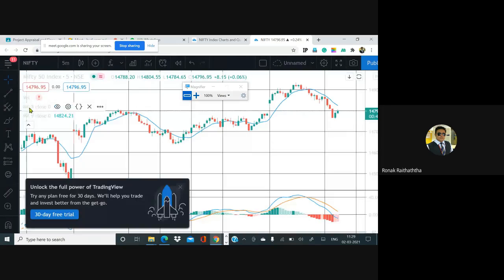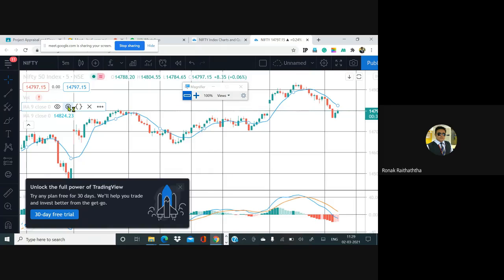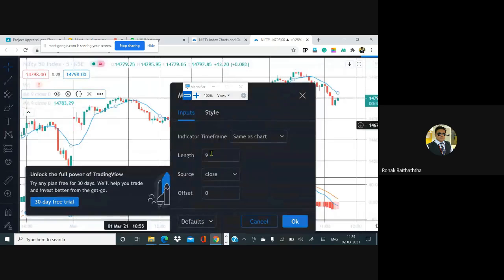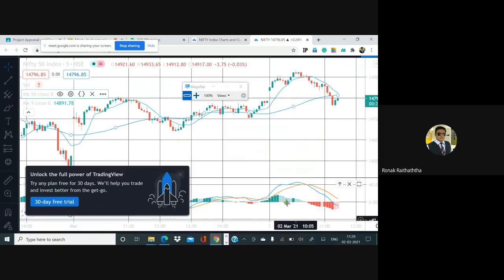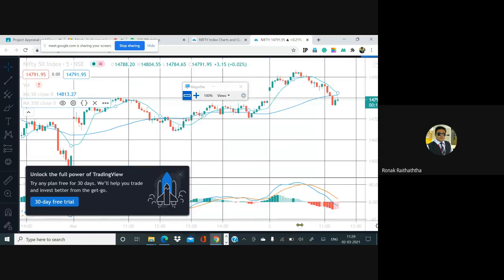So you may check it over here on the left hand side. It's moving average of 9. Now let me take the moving average of say 50. So I'm changing the settings from here. Just to give you a brief idea about these crossovers. Instead of 9, I am putting 50. Pressing OK. So now I have the 50 days moving average. And here I would be putting a 200 days moving average. So going to the settings, instead of 9, I'm putting 200. Pressing OK.